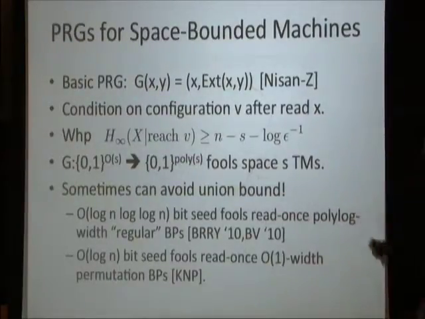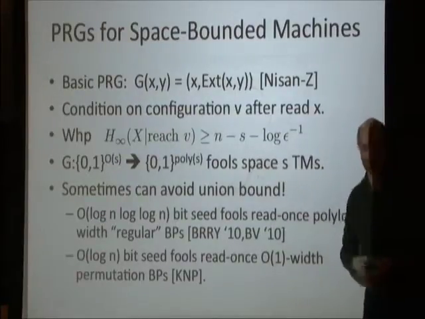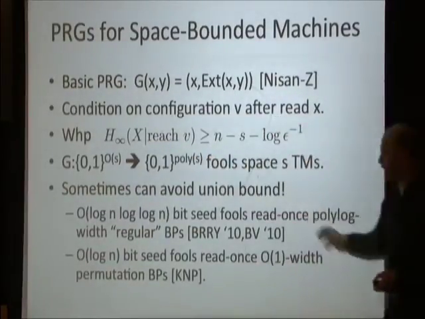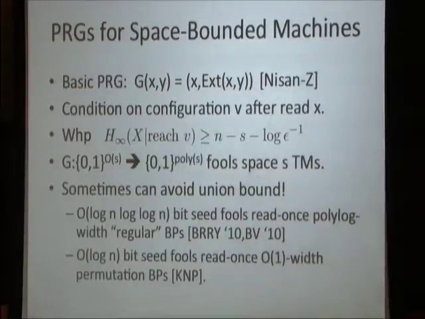And actually, there's been some recent work on avoiding the union bound and handling more general sources. Really, the ultimate goal here would be to get a generator that fools... If you think of S equals log n, this corresponds to randomized log space. A randomized log space machine could use a polynomial in n random bits, which is exponential in S. So actually, we could hope to output an exponential number of random bits, and there's been some recent work doing that in some special cases, which I won't go